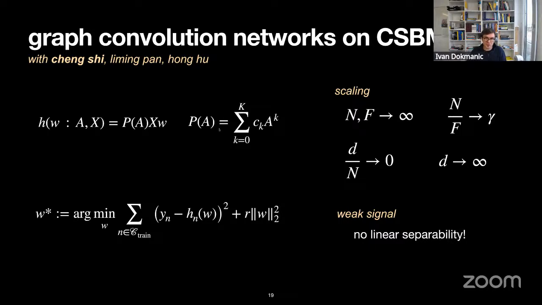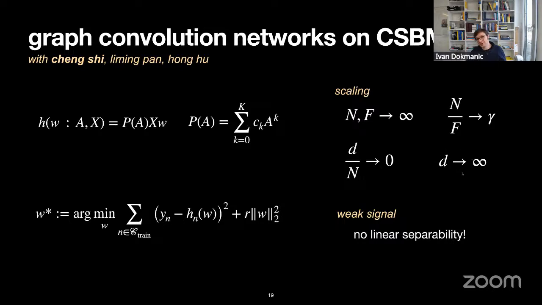This is this polynomial. We'll be interested in large graphs, so we'll look at the scaling when the number of nodes and the feature dimension go off to infinity, in such a way that the ratio between the size of the graph and the feature dimension converges to gamma. This is a hard regime, and a kind of post hoc justification for it is that the phenomenology we discover is actually close to what we've seen in real graphs, and I'll argue about that. We can work in a very, very sparse regime, but not the sparsest possible.